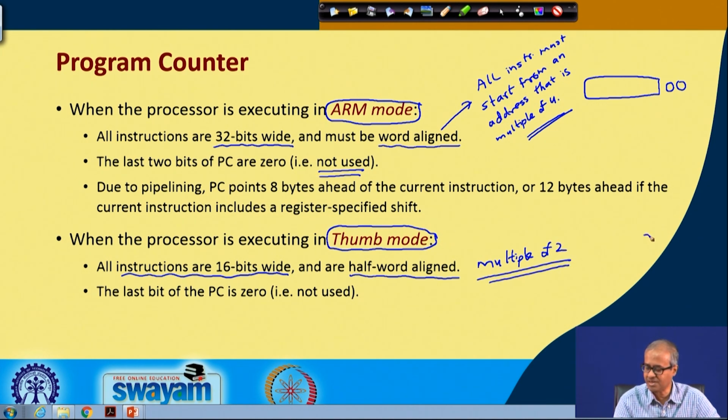Multiple of 2 means the last bit of the address will be 0. So, in the program counter, the last bit is 0, which is not used. This is the main difference between the ARM mode and the Thumb mode. ARM mode is a superset where all instruction encodings are 32 bits. Thumb mode is a subset of that, where you make all the instructions shorter, 16 bits,